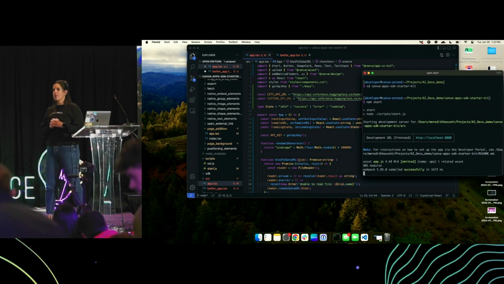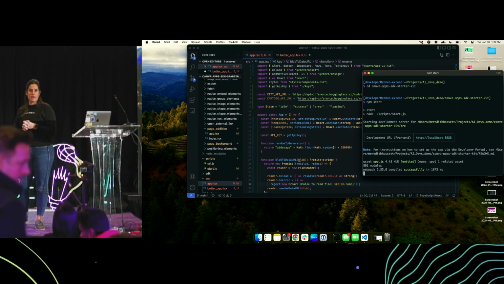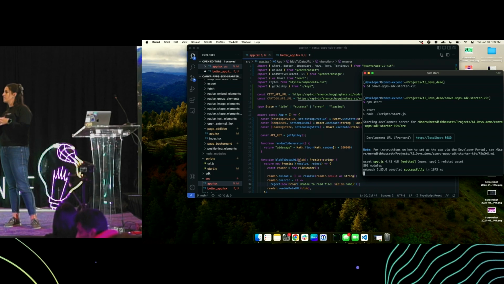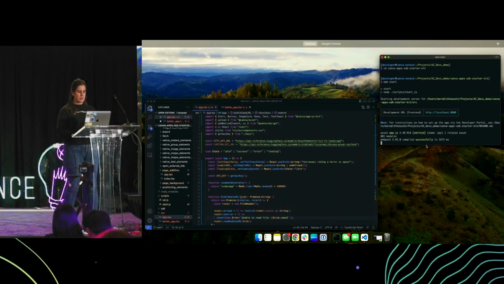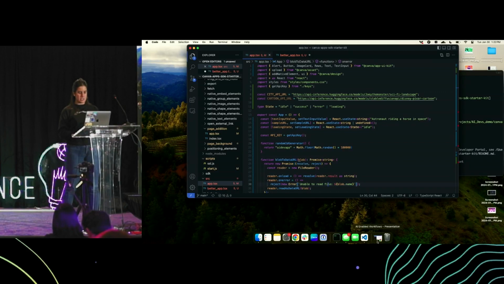All right, so I'm gonna actually start at my local development environment. So this is gonna be starting the Canva Apps SDK Starter Kit. This is what you could use if you were trying to build your app into Canva. What this will do is start my local server. And with my local server started, I can